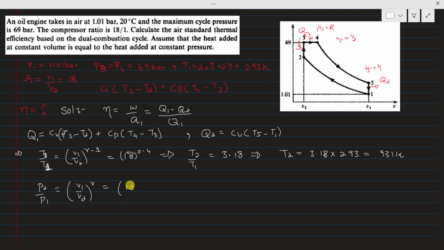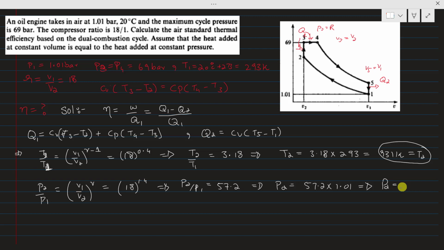So here it will become 18, that becomes 1.4. So after simplification you will get P2 divided by P1, that is 57.2. So the P2 value you will get, that is 57.2 multiplied by 1.1 bar. So you will get its value. This is the T2 value, remember. The P2 value is,